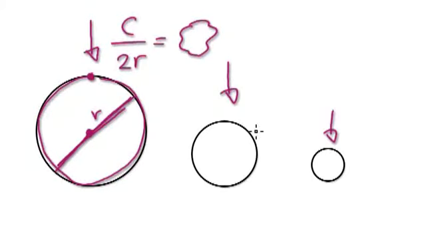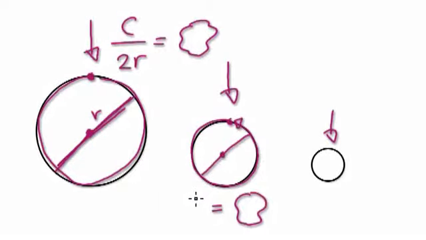If you get the circumference of this medium-sized circle, a different circle, and divide it by 2r for this circle, it also gives you this same special number. It's always the same,